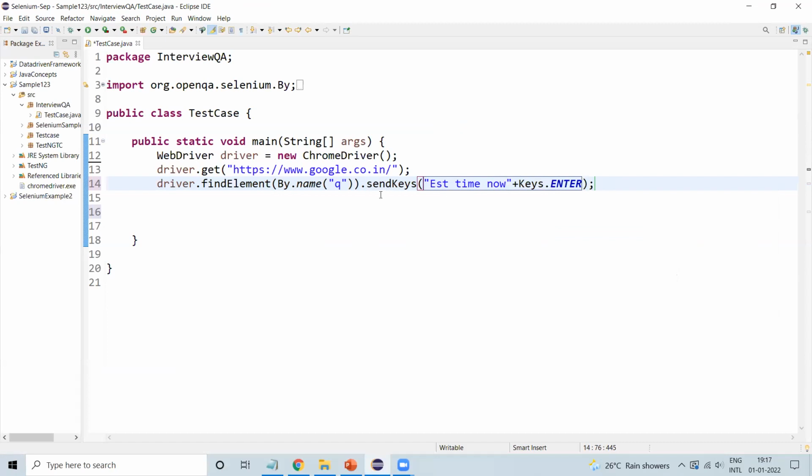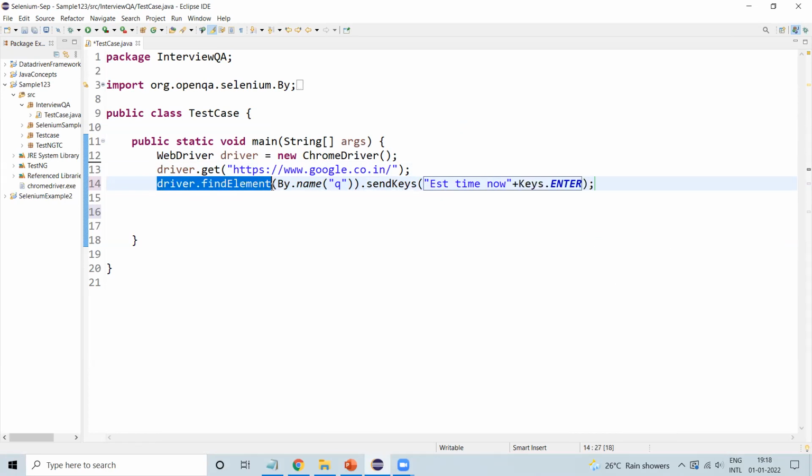What happens? It navigates to the URL, searches for the element with the locator name equal to q, enters the keyword there, and clicks the enter button as well.